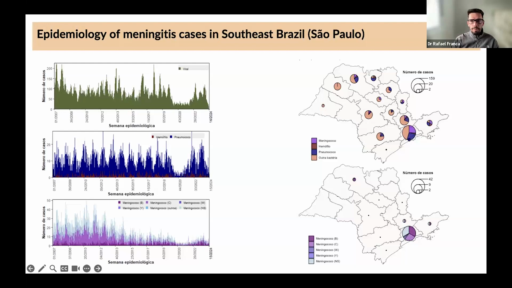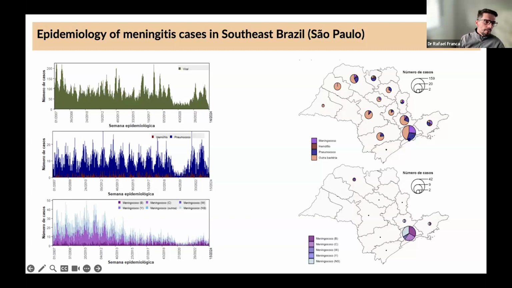And to close my presentation, just the last 2 slides. We can see here the epidemiology of meningitis cases in Southeast Brazil, and this is replicated all over the Brazilian territory. We can see there are a lot of cases being reported as bacterial. We can see on the left the description of the bacteria, for example, meningococcus, pneumococcus, but there is no description about the viral infections or the cause of viral meningitis.